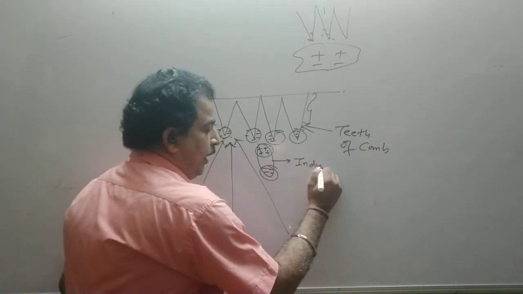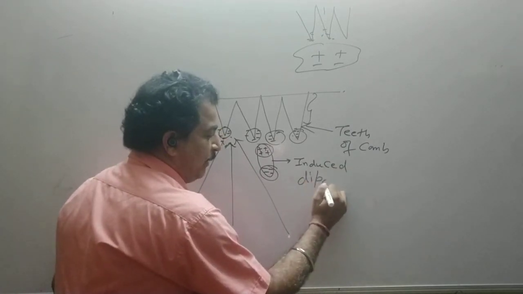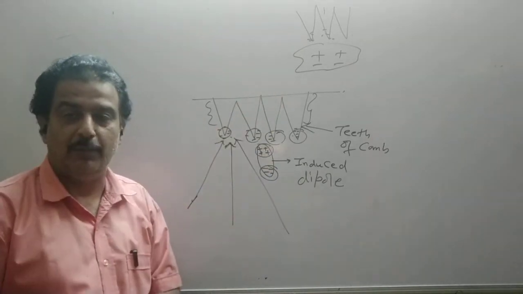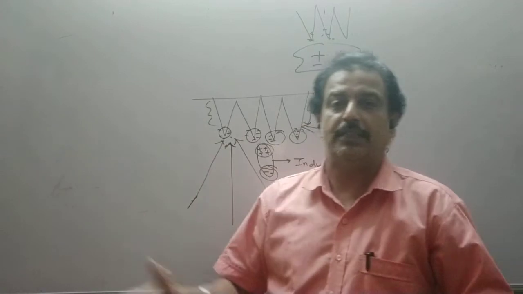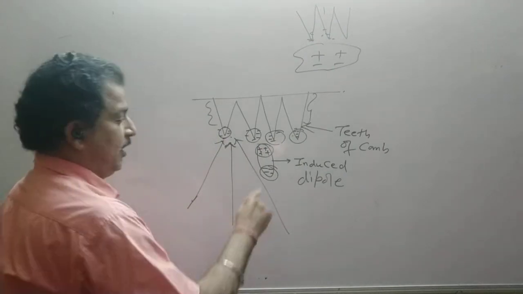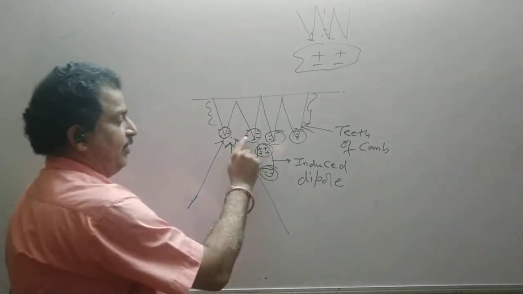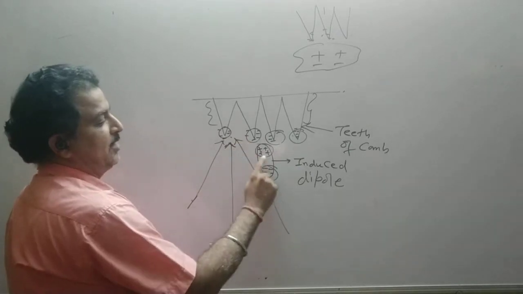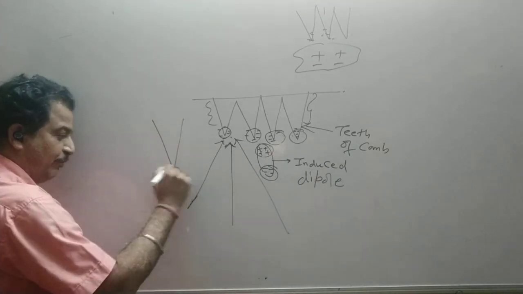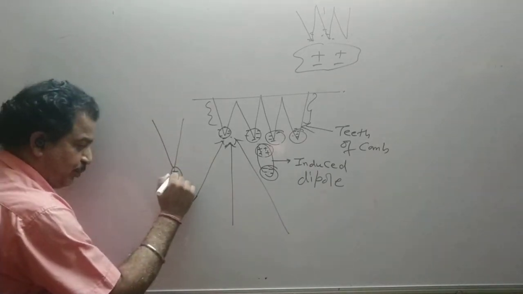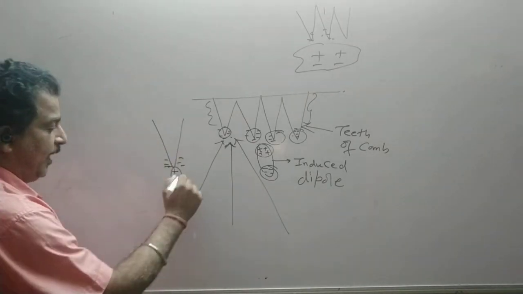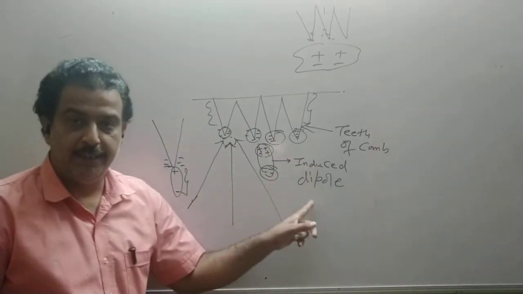It is called an induced dipole. Induced dipole means without touching, the positive and negative charges are separated by a finite distance. The positive and negative charges separated by a finite distance is a dipole. So one end becomes positively charged, the other end becomes negatively charged. So if our comb teeth become negatively charged, this positive charge is attracted towards it, and the piece of paper is attracted. This end becomes positive, this end becomes negatively charged. Our comb was negatively charged, and this is called an induced dipole.